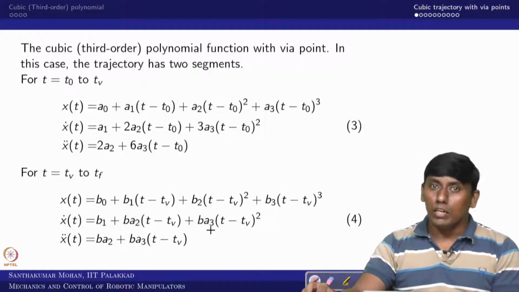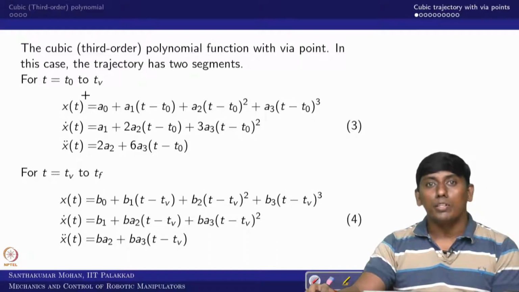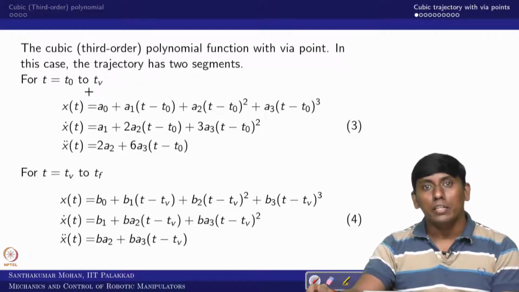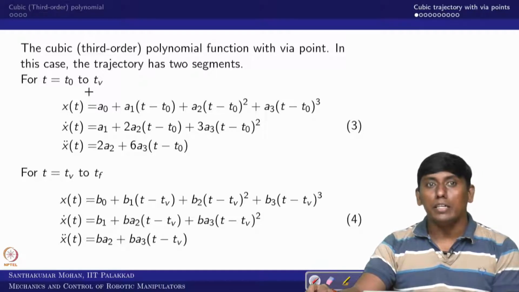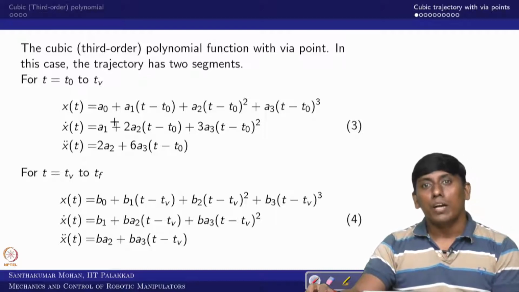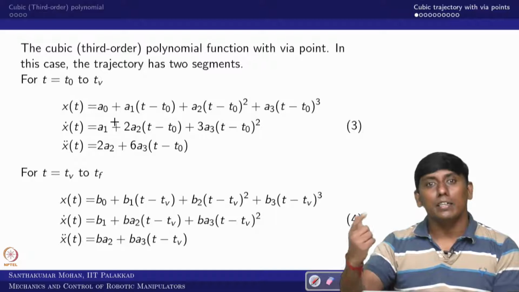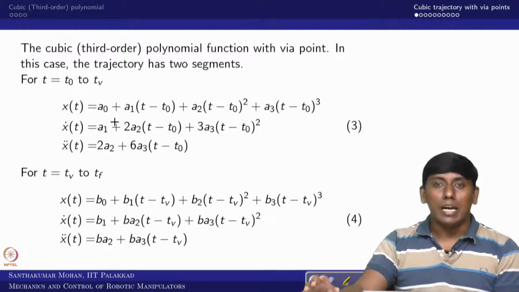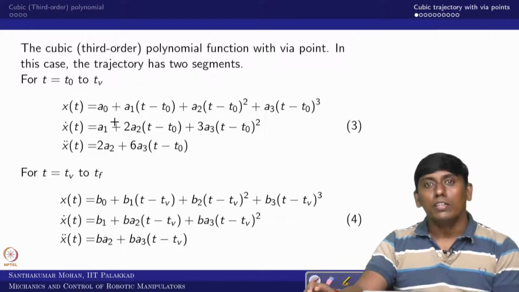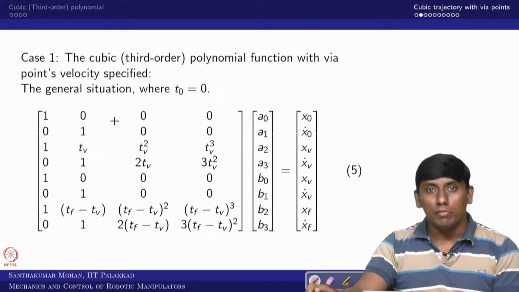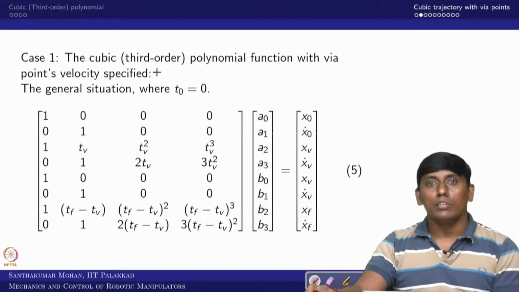Now there are two cases that can come. Where the via point velocity is specified, then it would give 8 equations and 8 unknowns. Invariantly we can consider each segment separately, because the final velocity of the first segment would be the initial velocity of the second segment. However, there would be a slight transition happening in the acceleration. That is what we have seen in the lecture. So in that sense, one is with the specification that the via point velocity is specified.